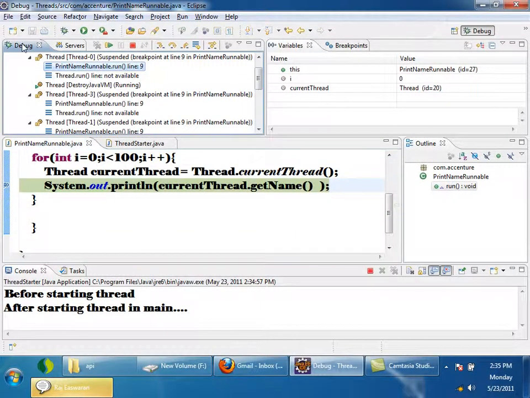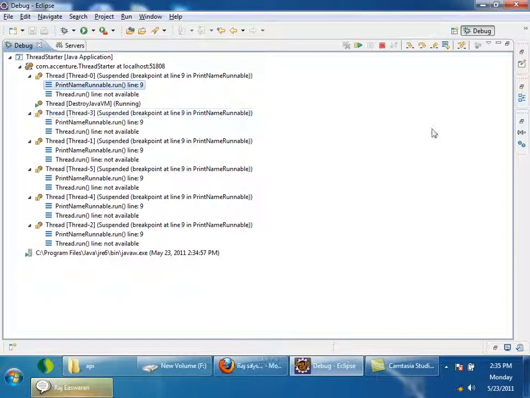See this stack trace here. How many threads are there? Thread 0, thread 3, thread 1, thread 5, thread 4, thread 2. All the threads are started and they are executing. All of them were suspended because I kept a breakpoint at that line. You can see all the threads started and they will be running parallelly.